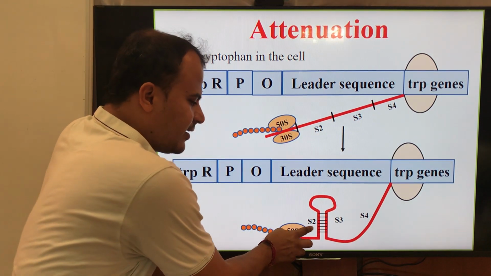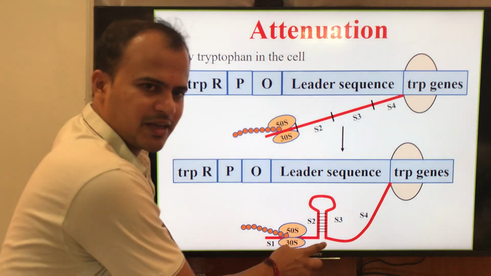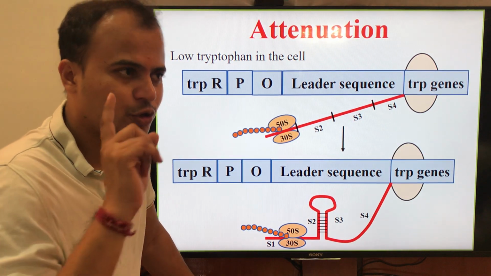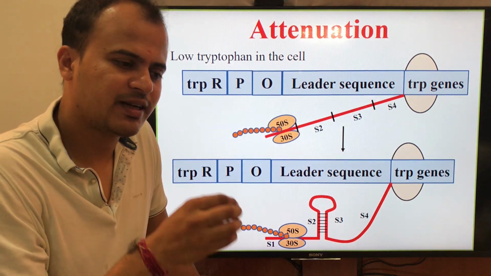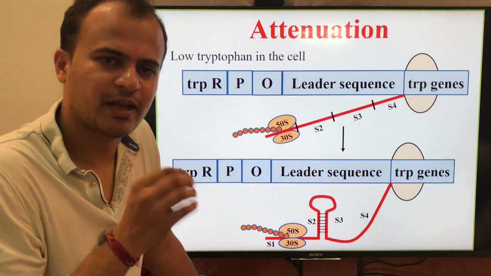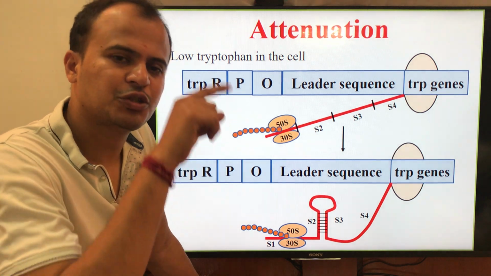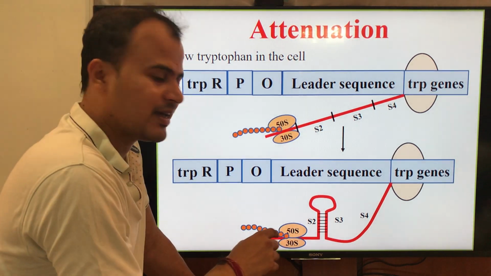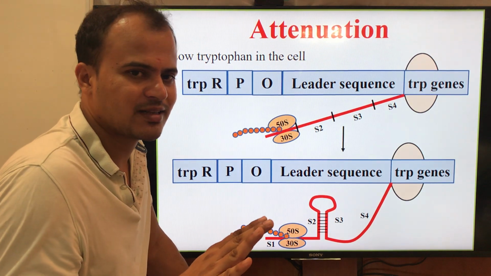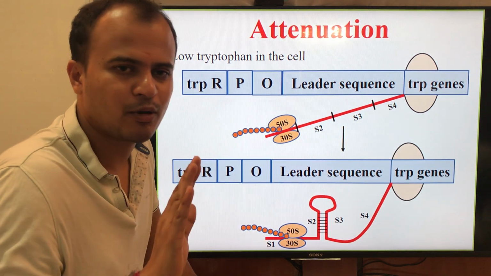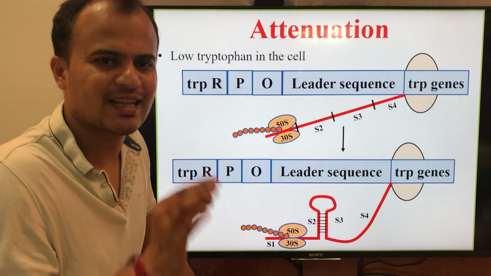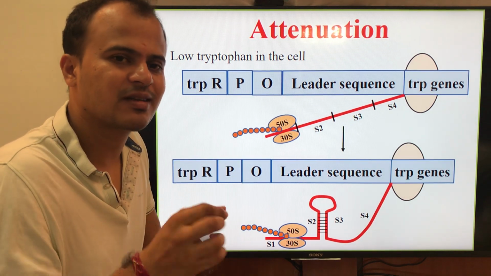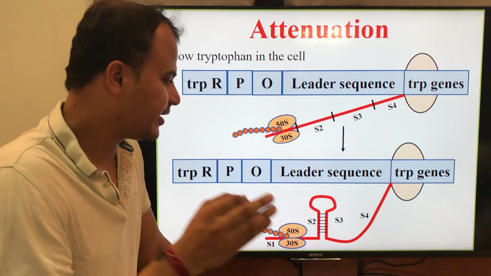So immediately after formation of segment 2 and segment 3, there are no 7 uracil residues. You must note that if the transcription of the prokaryote is to be terminated, the stem loop structure should be followed by 7 uracil residues. But in this case, there are no 7 uracil residues. A simple stem loop structure cannot terminate the transcription. Only a stem loop structure that is followed by 7 uracil residues can stop the transcription.